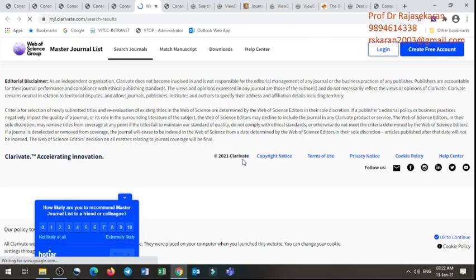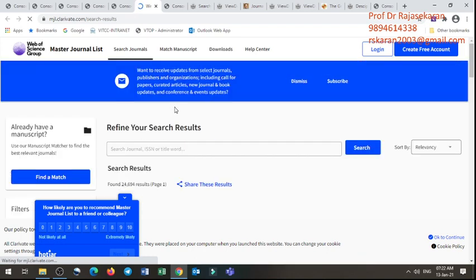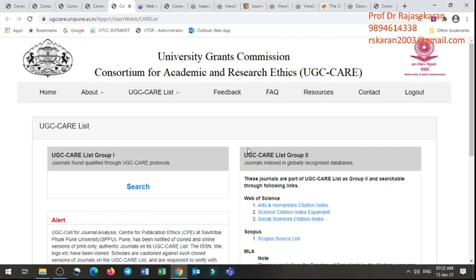So, when you go to the UGC list 2, it straight away gives you the link of Web of Science, then Scopus, and look at what the databases are. Look at there: Arts and Humanities Citation Index, Science Citation Index, Social Sciences Citation Index. These are the Web of Science journals, which are of high quality. Generally, to publish in a Web of Science journal, it requires a lot of time and dedication, and the same thing goes for the Scopus also.